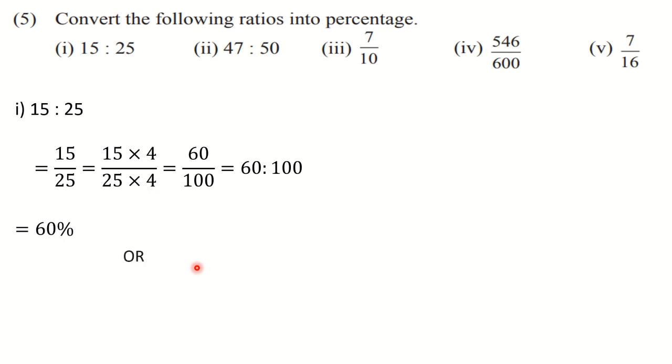Now second method, write down the 15 upon 25 and simply multiply by 100. Directly you can multiply by 100. So see, 25 4s are 100, you can cancel it, and 15 into 4 is 60%. So either you can go for this method or you can go for this method. Here you have to convert the second term or denominator to 100. But here, whatever may be the question, you have to simply multiply by 100 and you are going to get the answer. Okay, so you can follow any method. Copy it down.